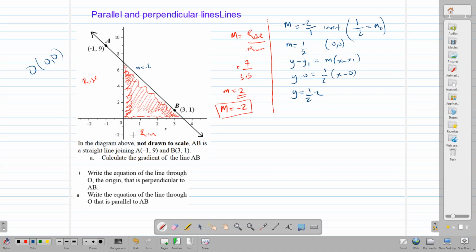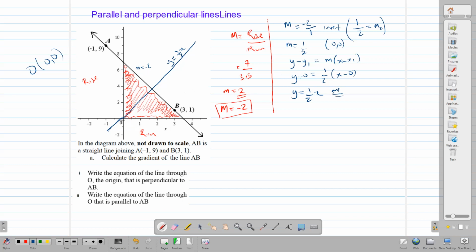If you wanted to sketch this line, the question doesn't require it, but just to show y equal a half x passing through the origin, then your line would look something like this, and it would have an equation of y equal a half x